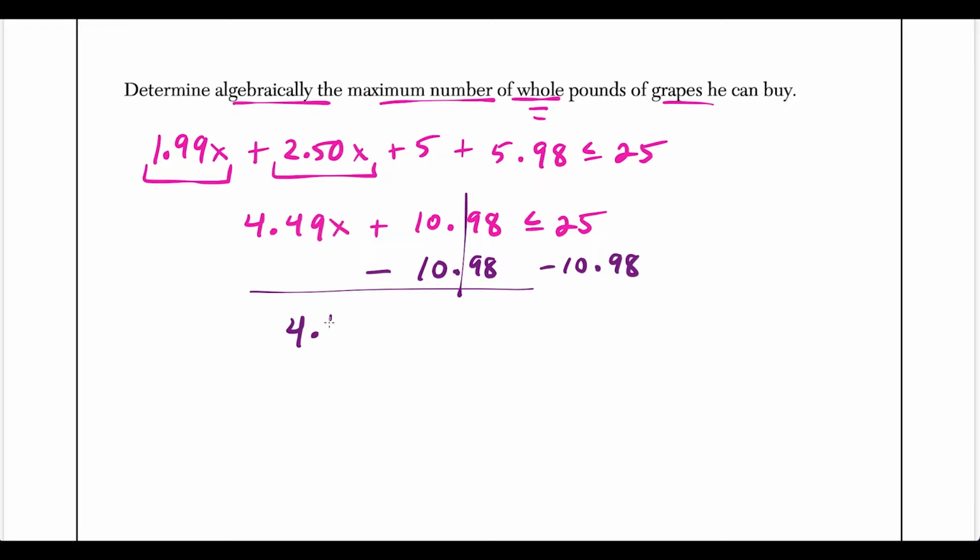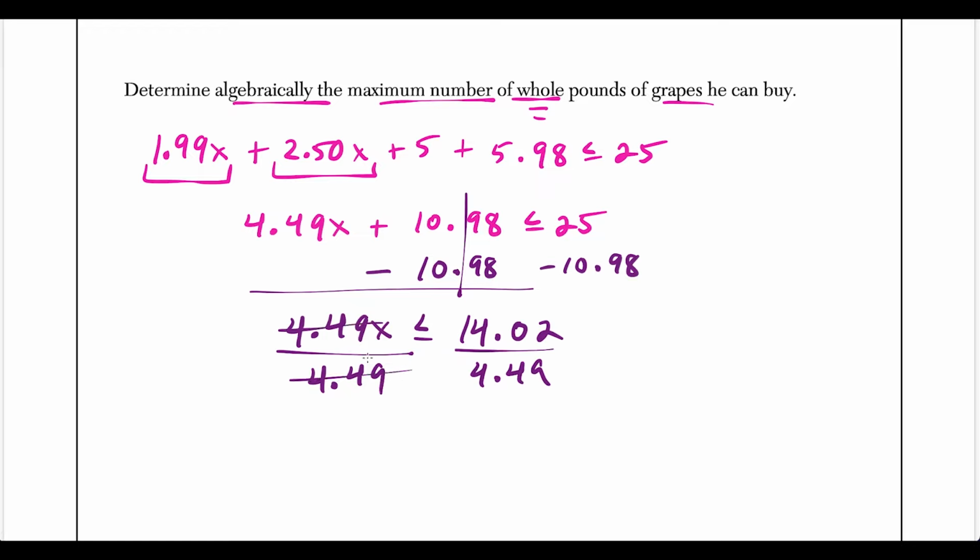So we're going to have 4.49x is less than or equal to, and when we subtract those two values, we're going to have 14.02 left. So now the last thing to do to solve for x is going to be to divide by 4.49. So that's going to give us this expression. And now this we just type into a calculator, and that's going to tell us x is less than or equal to, and if we do this divided by this, we'll have